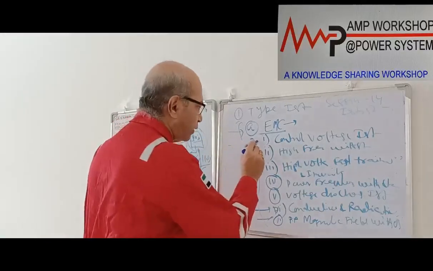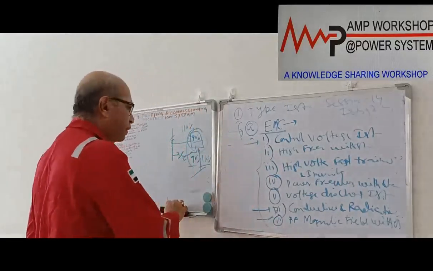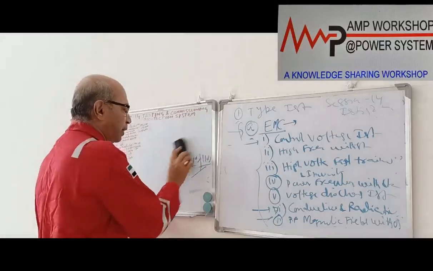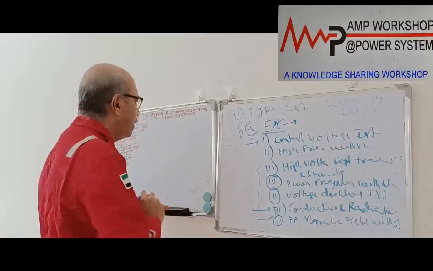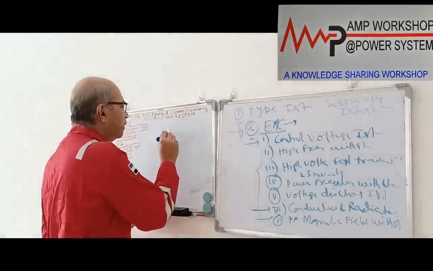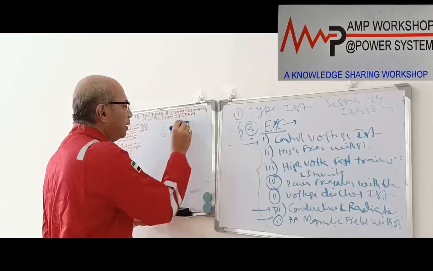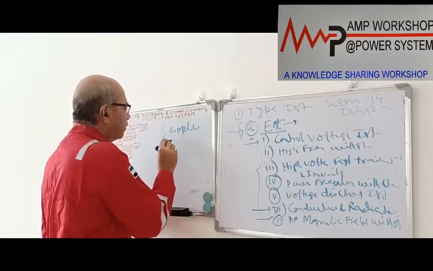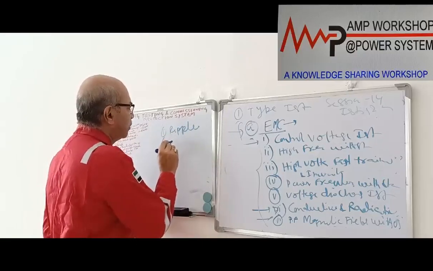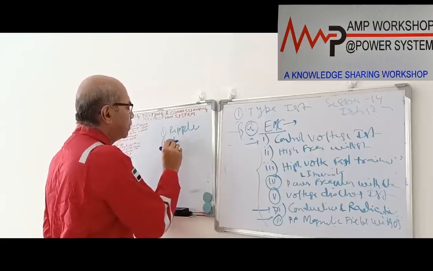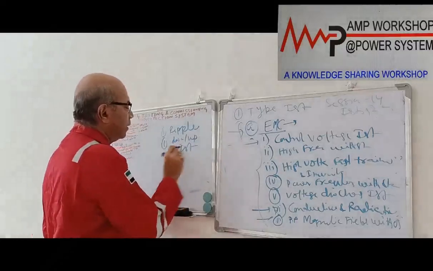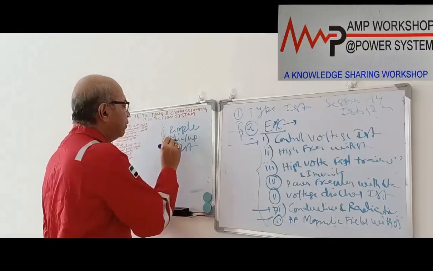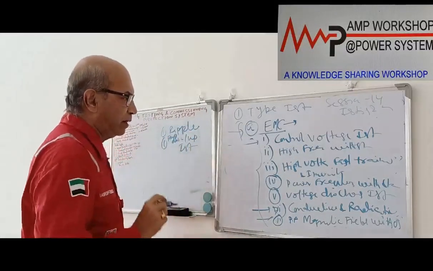Now the control voltage test, how do we do that? The control voltage is coming by DC. This control voltage test is again divided into two categories. One is the refill test, and another is the ramp up or ramp down test. We say ramp down or ramp up test. What is this refill test?